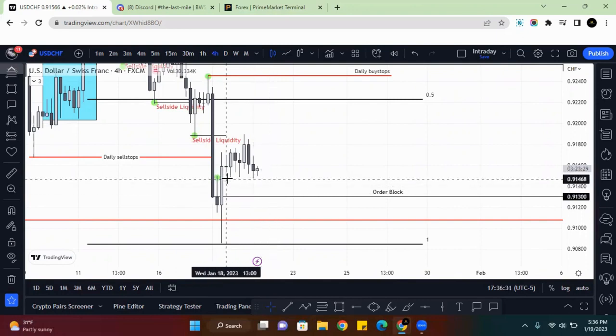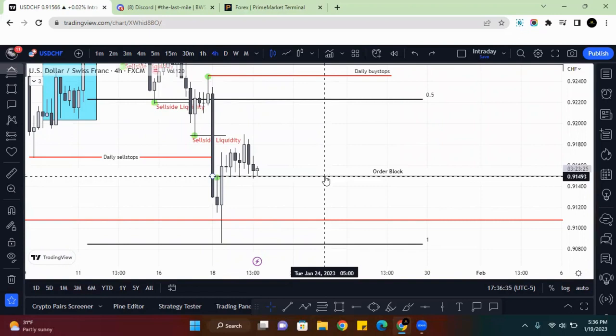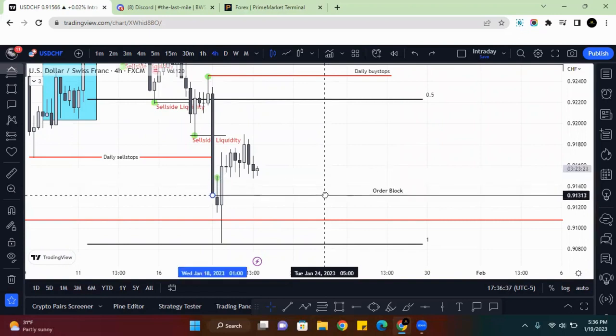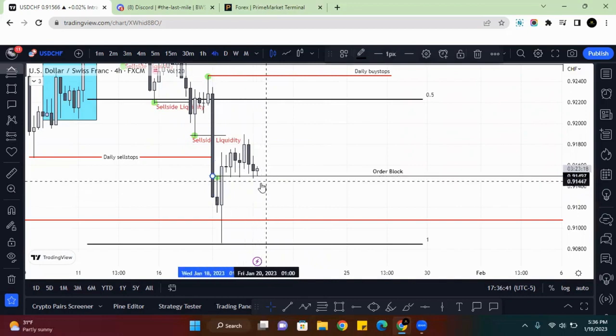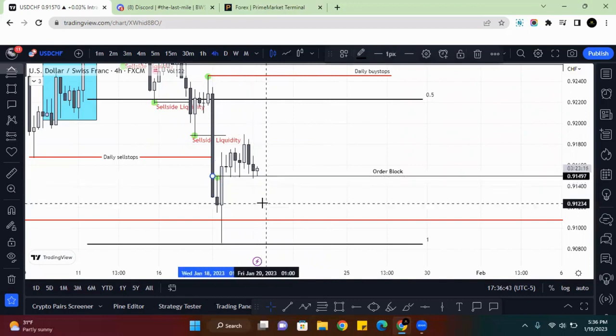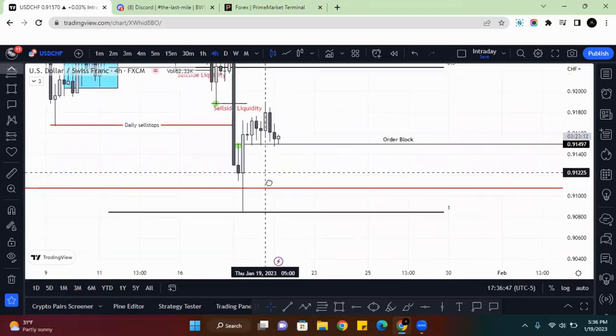You can do the equilibrium as well. So it's really all up to your preference. If you've backtested and you've seen that equilibrium gets tapped more often, or you can do a more aggressive entry at the top of the wick, and that oftentimes gets tapped too. But you can never go wrong with having a stop loss behind where the liquidity take happens, because that just